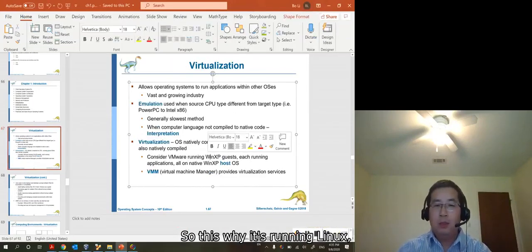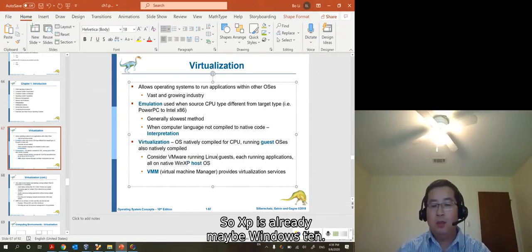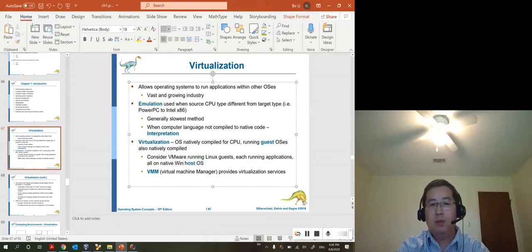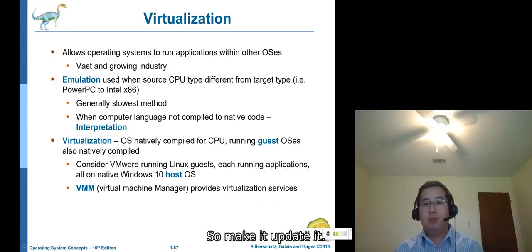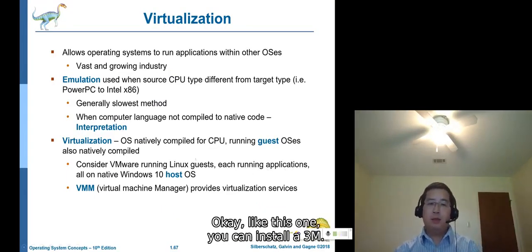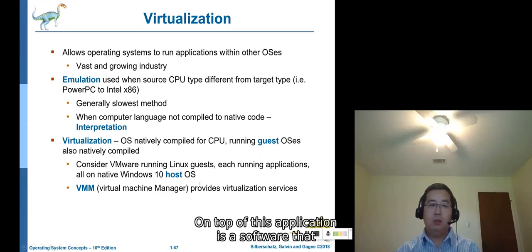So this one is running Linux. XP is already too old, so maybe Windows 10. Okay, so make it the updated one. You can install VMware on a Windows 10 host operating system. On top of it, this is only an application, a software.